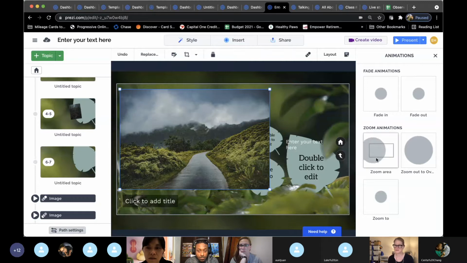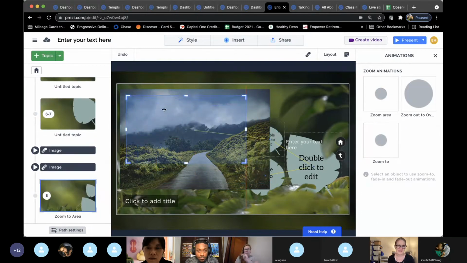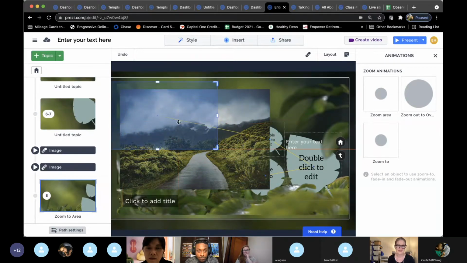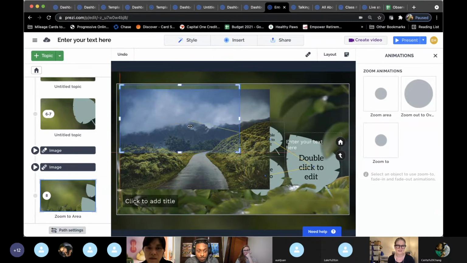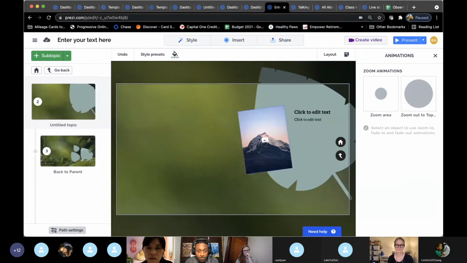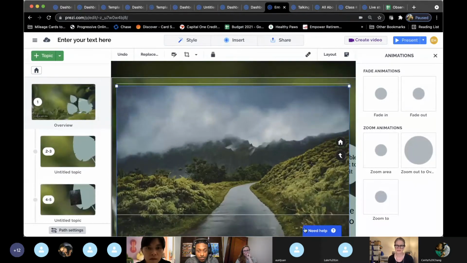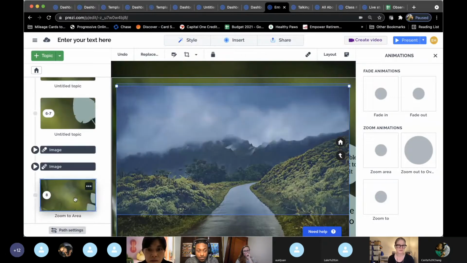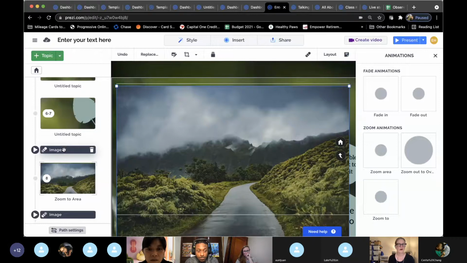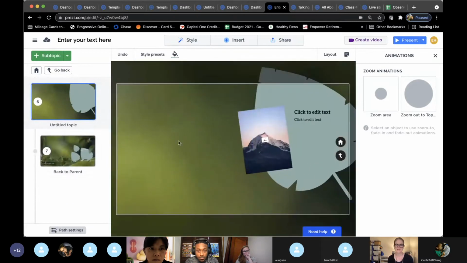Another thing that you could do is zoom an area. So you can take the zoom box and really tailor it to your image. As I mentioned, it is definitely very finicky. So you see how the zoom worked? It just quickly zoomed right to the image. And I'd like it to zoom once I ask the image to come into the presentation and before it fades away. So if you'd like to see how that looks,